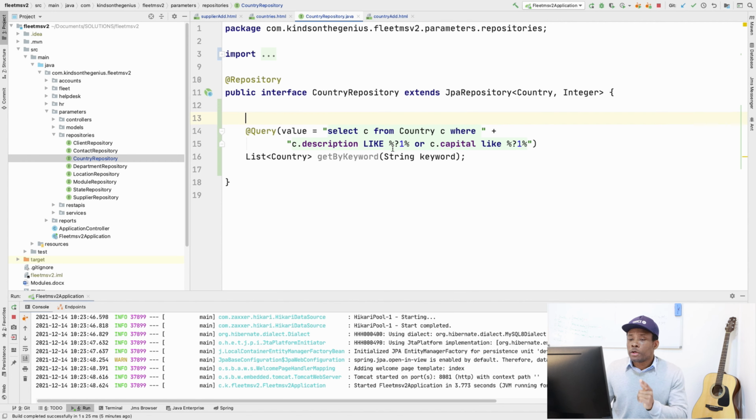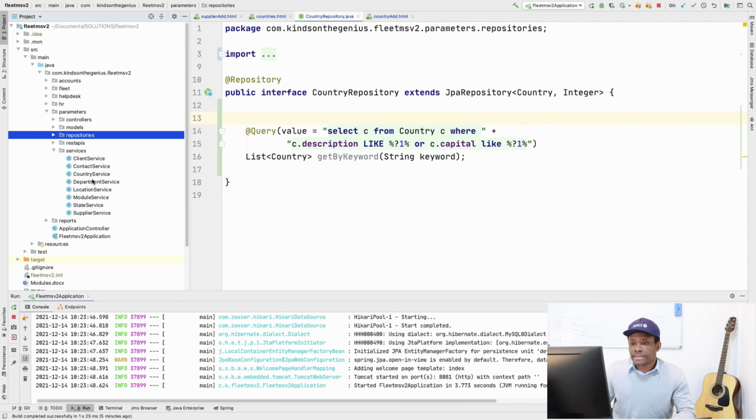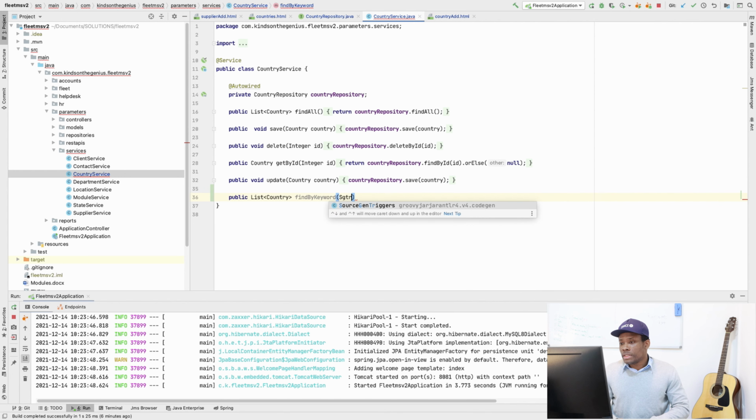Let's complete it by going now to the service and the controller to write the methods. So having done this, we are going to modify this to search across all the remaining fields. But for now, let's just go to the service and write the same method. So I'm going to go to country service. I'm going to say public list of country, and it's going to be find by keyword, and it's going to have string